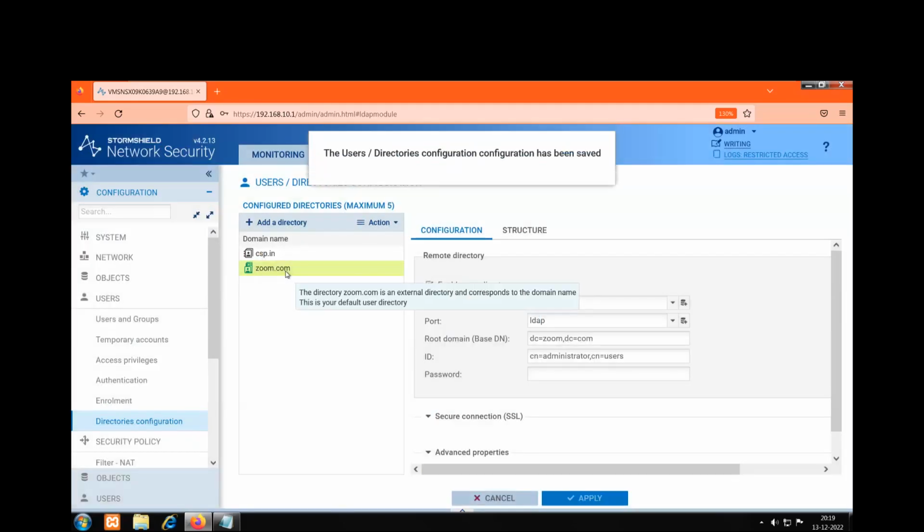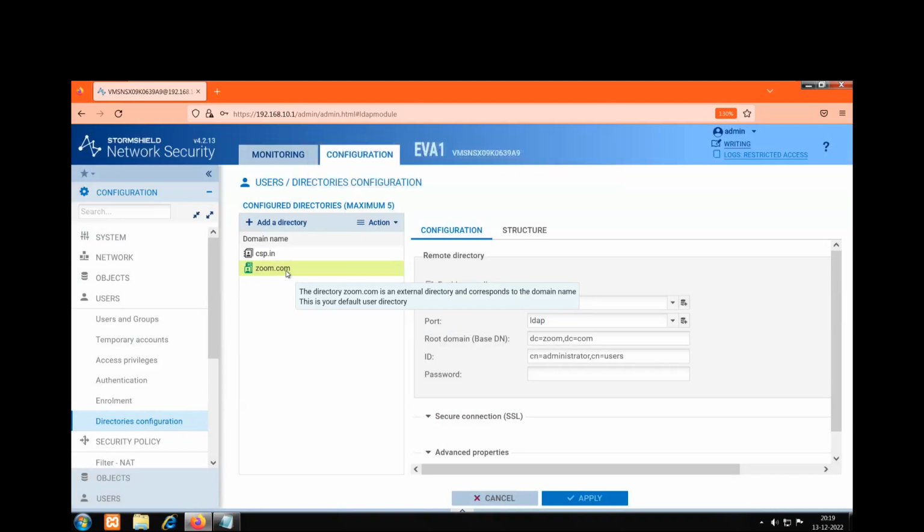Now here we don't have to create any user accounts on the firewall, because all the available user accounts will be taken from your Active Directory itself. So you don't have to manually define any user accounts, but